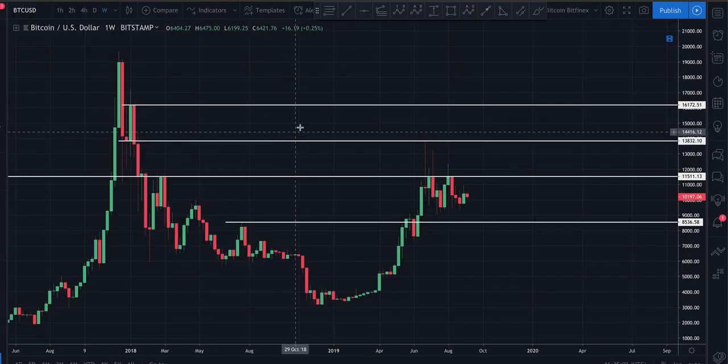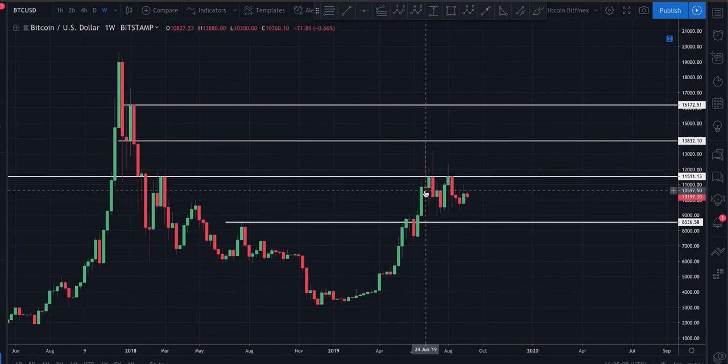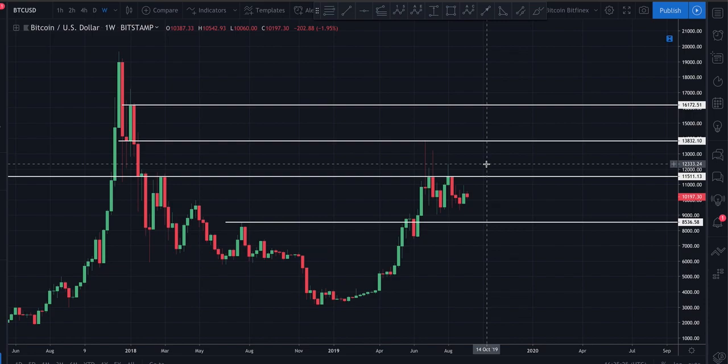Zooming all the way out on the weekly and getting rid of most of the noise here, you can kind of visually see the major areas of support and resistance that we're watching. Obviously, we're getting basically just sideways consolidation, have been for the last couple months here. Breaking up above $11,500 on the weekly is going to be very significant. If we can close a weekly candle above 11,500, I do think, and I know I discussed this last time,